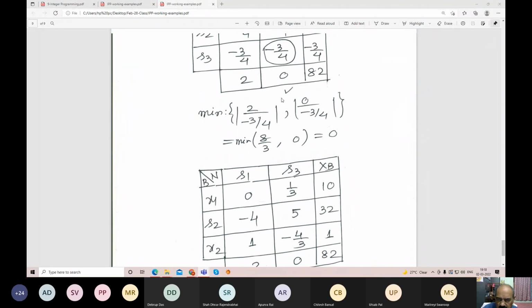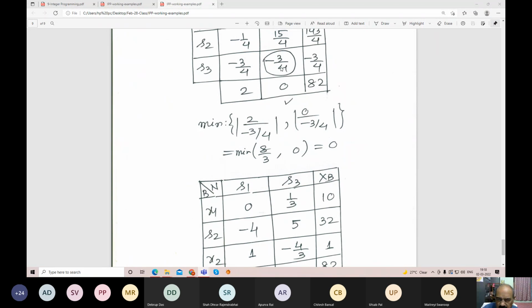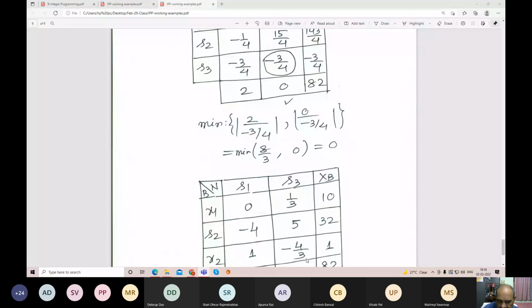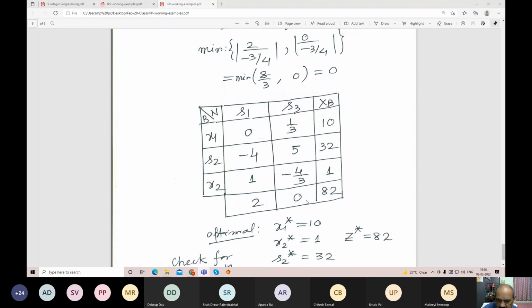And how to find the simplex procedure? This is the reciprocal, so it's minus 4/3, and you divide, that will be 1, and that is 1. And in the same column, you divide by minus 3/4 with a minus sign. So we have here 1/3, then 5, then minus 4/3, and it is 0. And other elements you can find in this manner. So as a result, we are finding x1 equal to 10, x2 equal to 1, s2 equal to 32, and